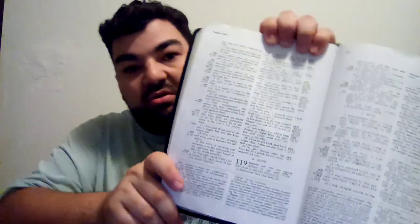So if you had a Thompson Chain, or if you had a Ryrie, I'm picking a Ryrie now, you would know what I'm talking about, where the references are on the side. If you had a Ryrie, you understand what I mean by the references being on the side. And so this one has